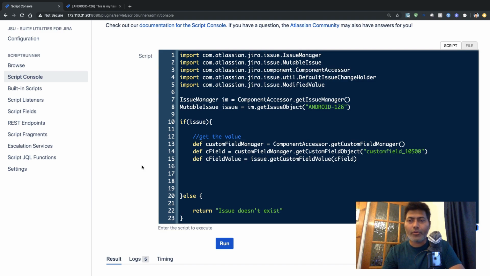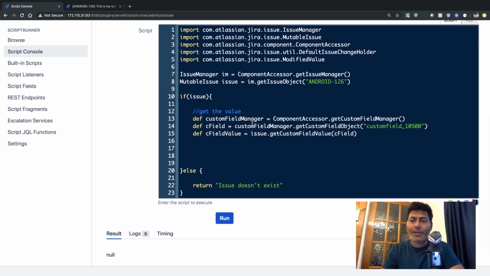Now whenever you're working with scripts, you may want to reuse the script maybe in a different environment, or maybe when you're doing some migration. And it is always good to make sure that whenever you write a script, your script works without any modification or with minimum modification. So in this piece of code where we are trying to fetch a value of a custom field using this method called getCustomFieldObject,